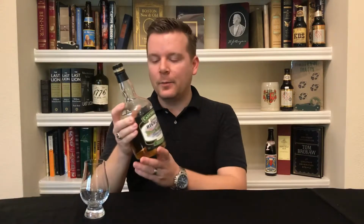It's a very hard one to find, but nonetheless, Cadenhead is known for the purity of what it is they blend, which I appreciate. They don't use any chill filtering. They don't add any colors to their Scotch. It's just natural, and I appreciate that so much because I feel like, let me get my soapbox out here, when you're making something like a whiskey, it's like an art,